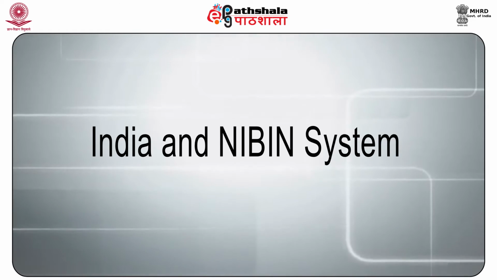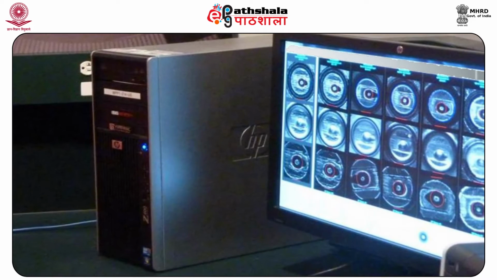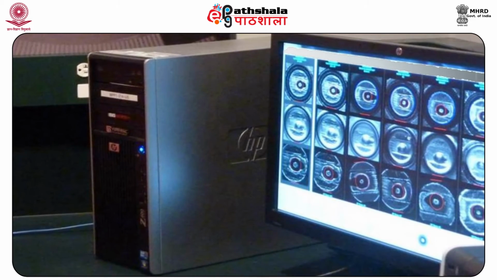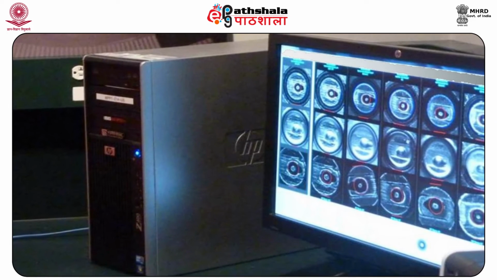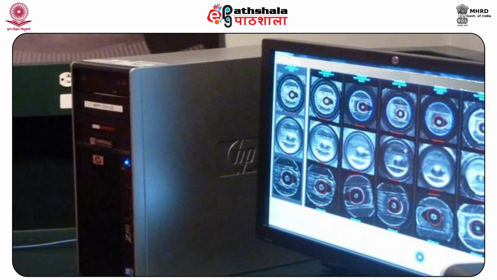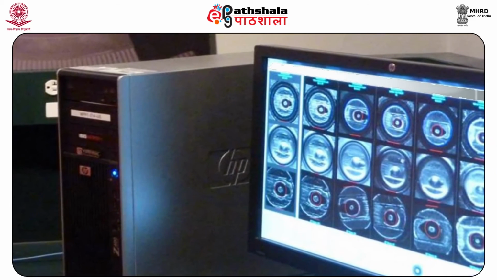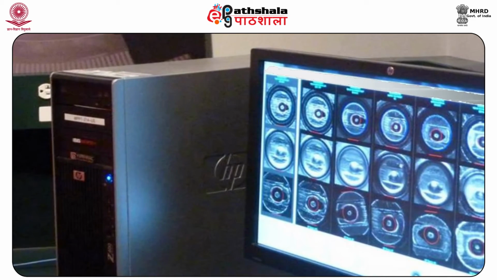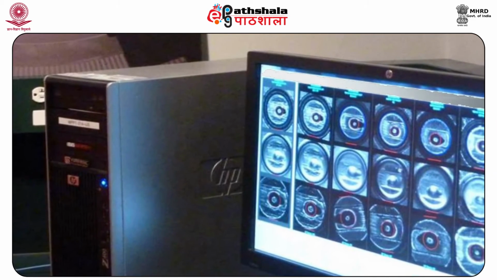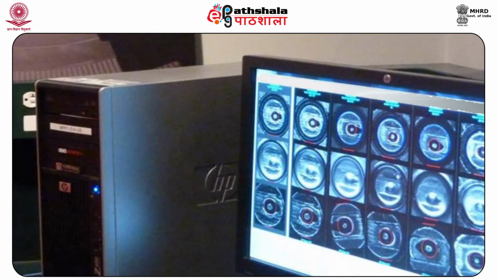Now, India and the NIBIN system. India is more or less a white elephant when its utility is considered in the light of current trends in abuse of firearms for crimes in India. NIBIN is indeed very useful in those territories where the same firearm is used many times at different places in